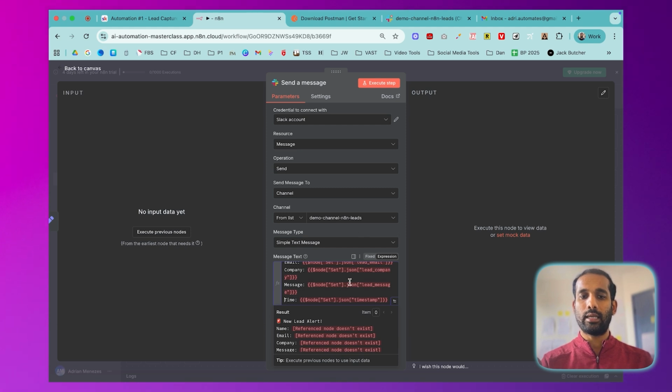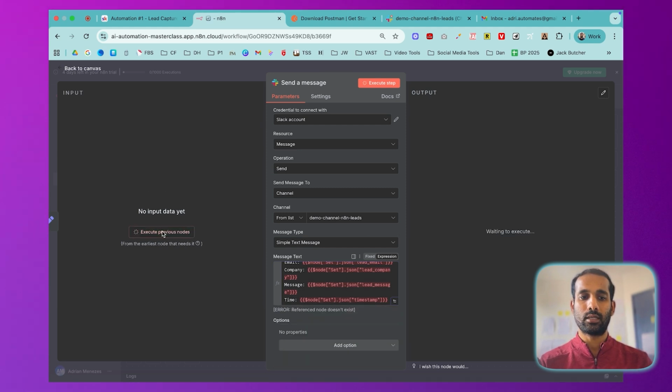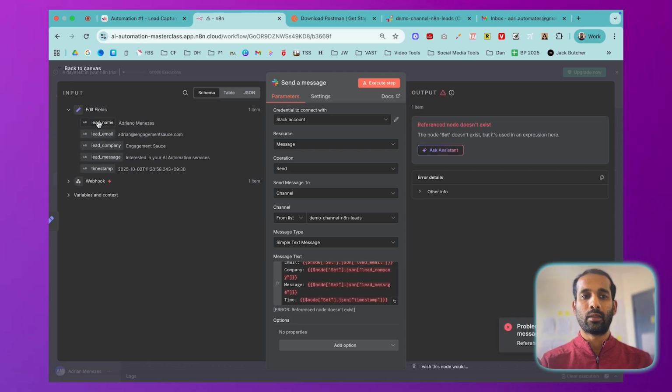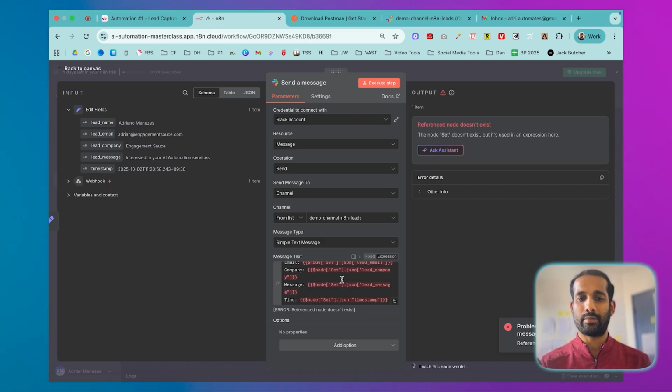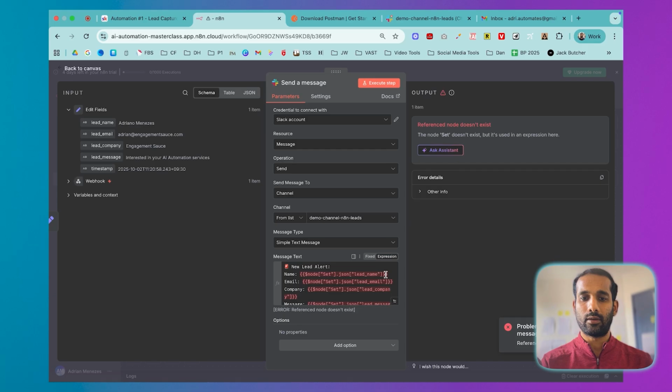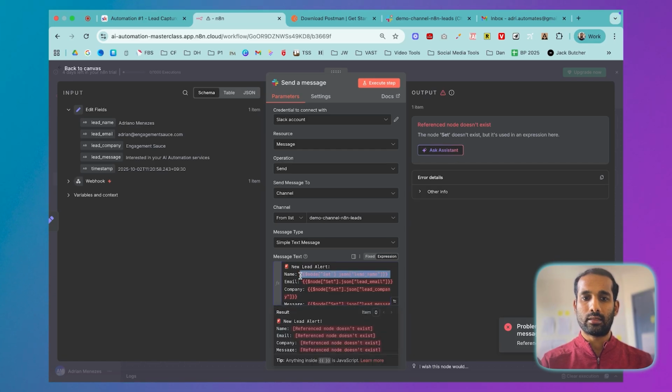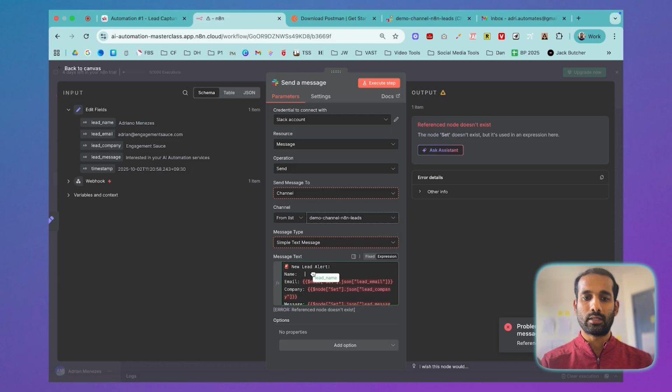Okay, so currently all of this is showing red because we haven't executed our previous nodes. So if we come in here, we can see that after running the edit fields node, we basically have our lead name, lead email, lead company, lead message, and timestamp. So in here, this should technically show green now, but in case it isn't, you can just drag your lead